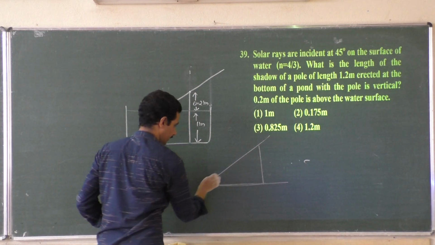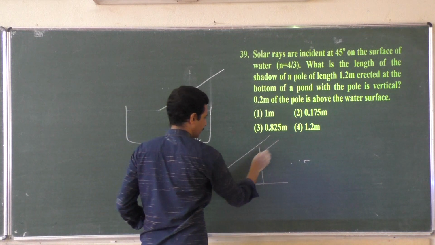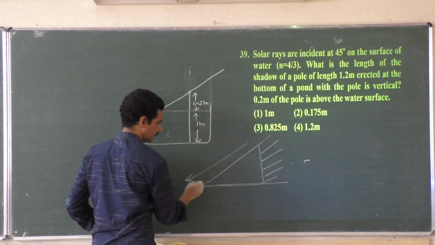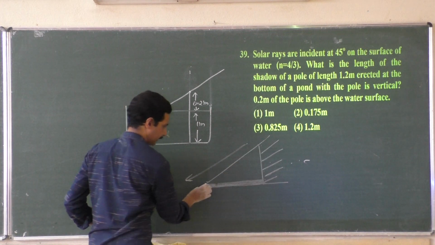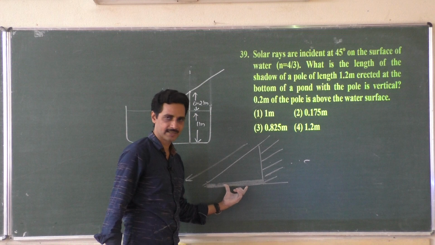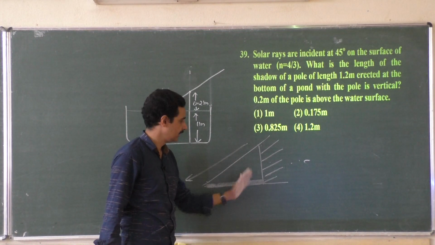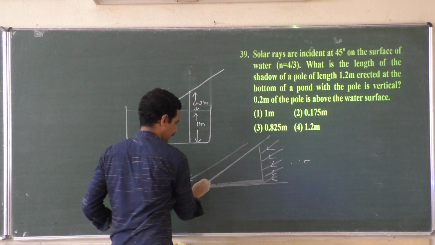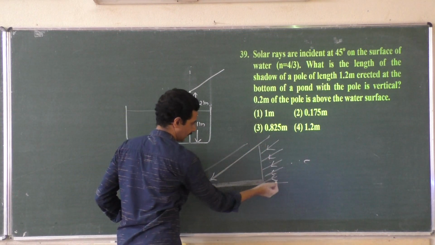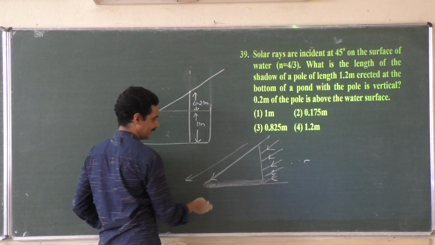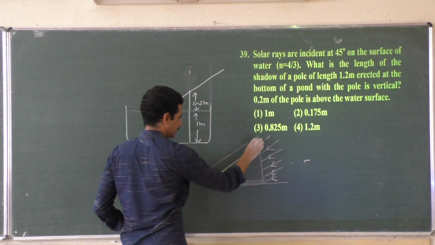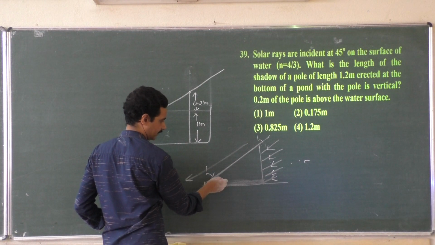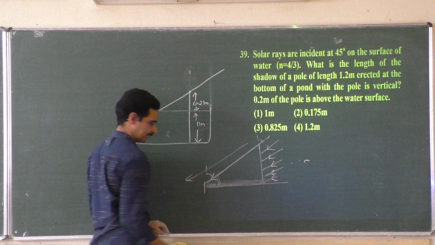These rays of light fall at 45 degrees, and these rays are blocked, and these rays will pass through. So you will get the shadow here. Here no light will pass. Light will fall on the ground because this pole will block these rays. The last ray which can pass is this one, and below this cannot. So you get the length of the pole. You can take this as 45 degrees and the remaining angle as 45, and you can take sine theta and something like that.